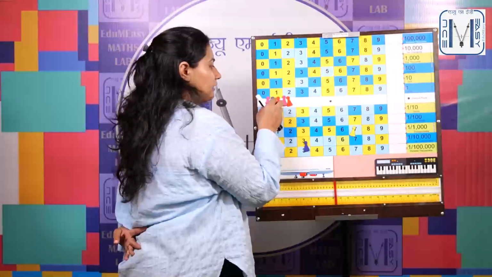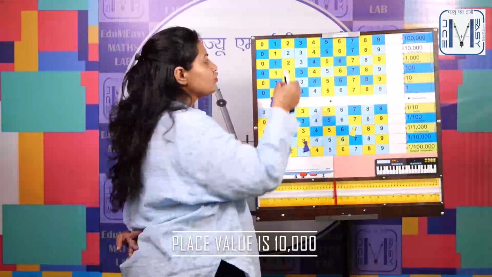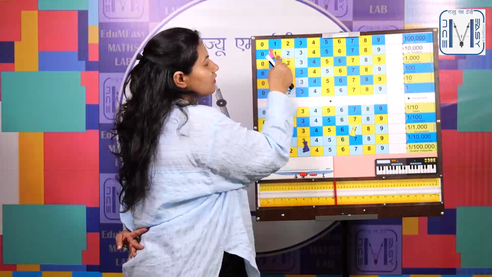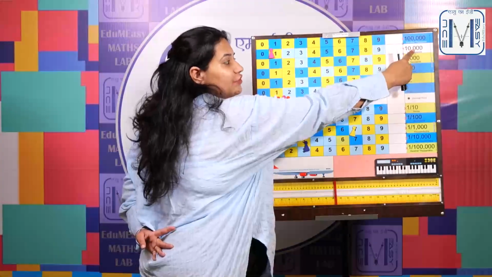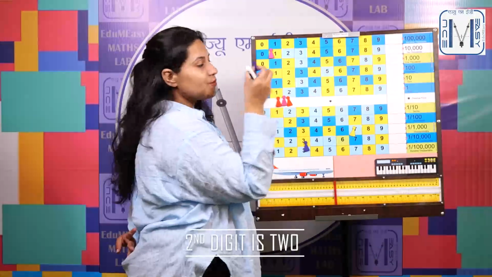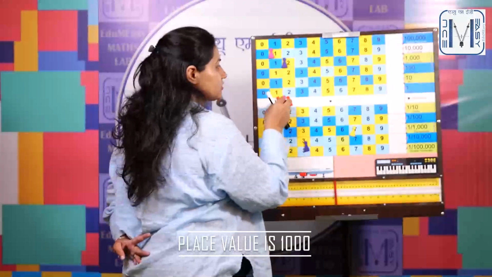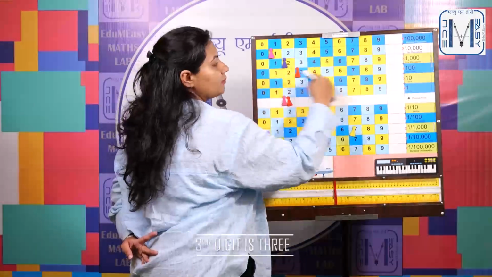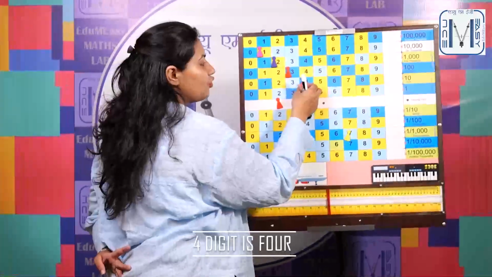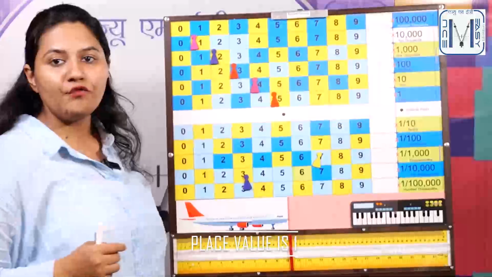Let's select a simple number first without any decimal places. Let's select 12,345. The first digit of this number is 1 and the position or the place value is 10,000. So we will put one marker at the number 1 at which place value? At the place value of 10,000. Similarly, next marker would be at 2, in which row? In the place values of thousands. Then at 3, place value of 100. Then at 4, which is at the place value of 10. And then finally at 5, which is at the place value of ones.